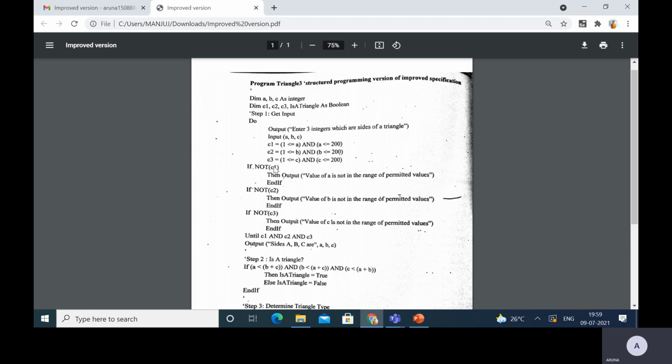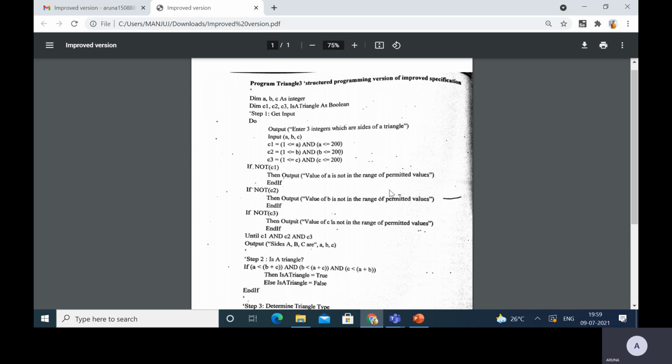If not of C1. If not of C1 means what? If we have true, then not of C1 becomes false. If you have false, then C1 is not within the range.